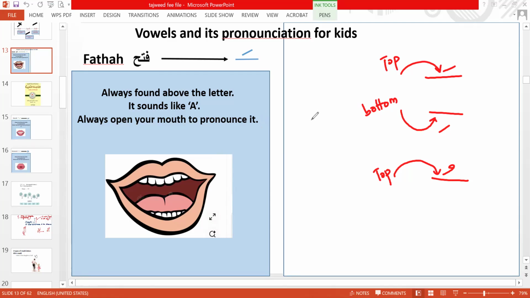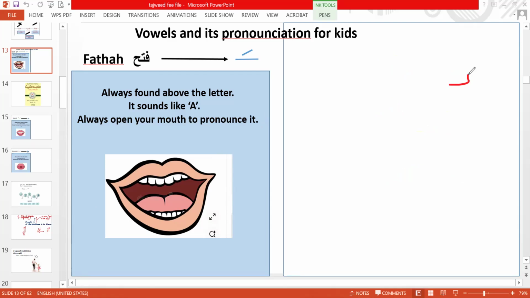The reciter should remember that to pronounce any letter with Fatha, the mouth should open. Like if I give you a few examples: Ba Fatha Ba, Hamza Fatha A,